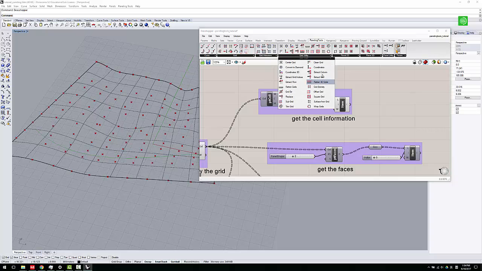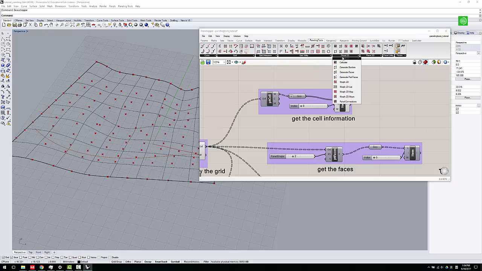And once you create a grid, you could use grid utility. There's a lot of things to do. You can play with them, and the most important one I want to use is Cellulate. What this does is basically it's panel 2D and panel 3D. It's similar. In the Cellulate tool, you can just get all the